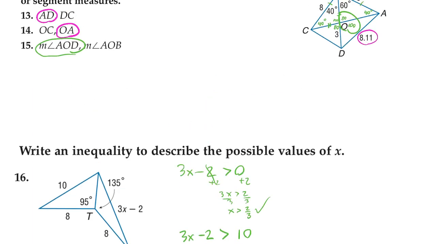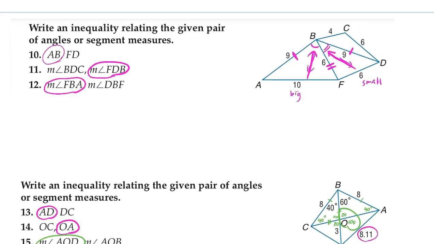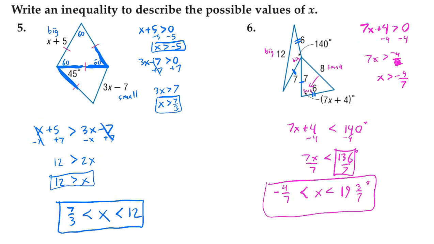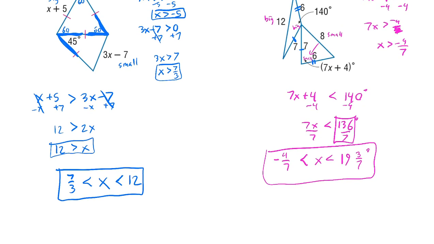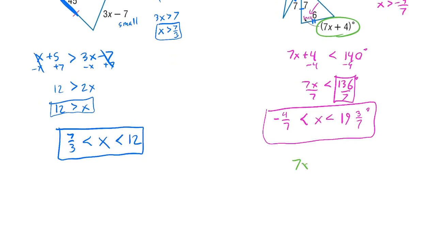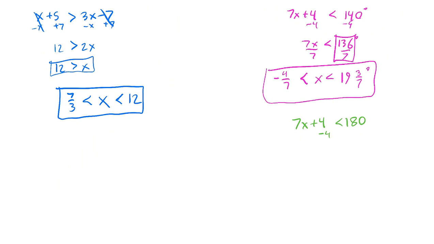Often a thing we don't write down when we get to one of these is because, for example, in this problem, x was a number of degrees. We actually should have included 7x plus 4 is less than 180. Even if it took up 99.9999% of all the degrees, it has to be less than that. So we minus 4, we minus 4. We get 7x has to be less than 176. So x is less than